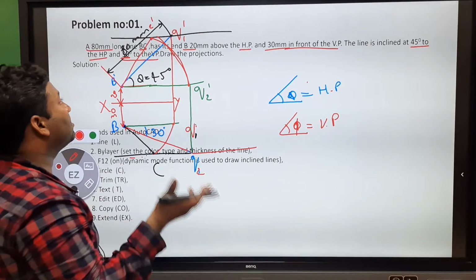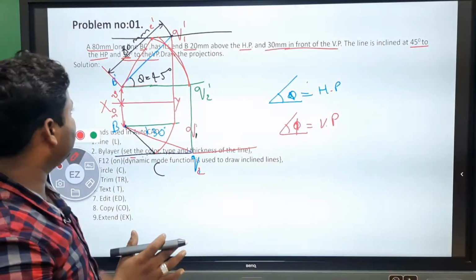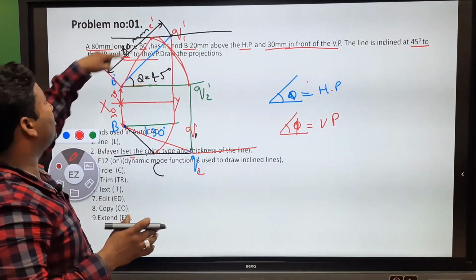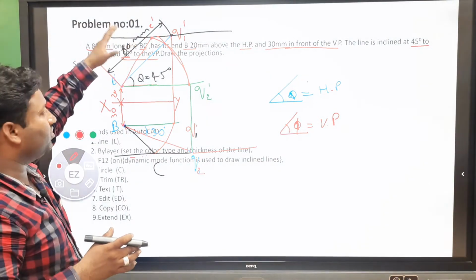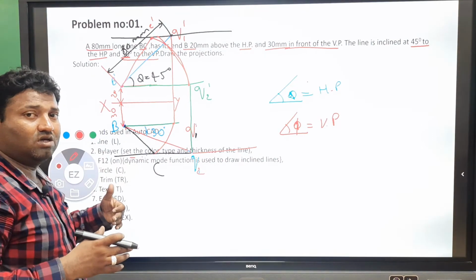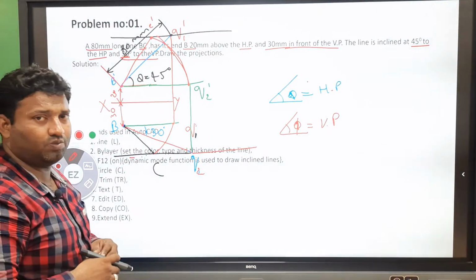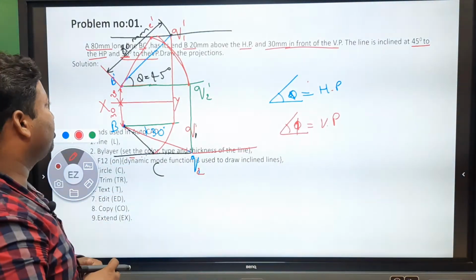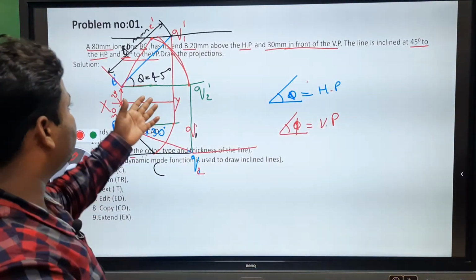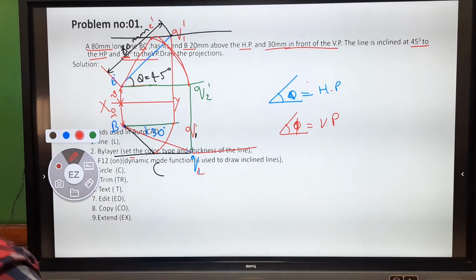So when a line is inclined to both the reference planes, if you view from the front view, when it is inclined at 45 degrees to the HP, it is appearing like this. Whatever the red part is there, B complement, C complement is appearing from the front view. And when we view from the top, whatever BC is there, that we are able to view from the top due to its inclination to the VP. So this is the problem which we have to draw in AutoCAD now. So here, whatever the values are there, we know that. So we will draw this diagram in AutoCAD now.